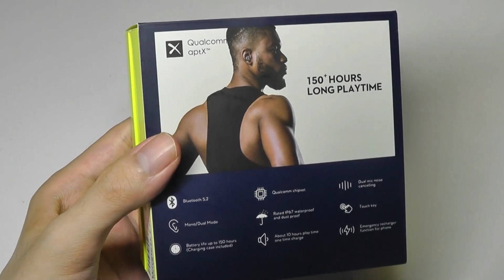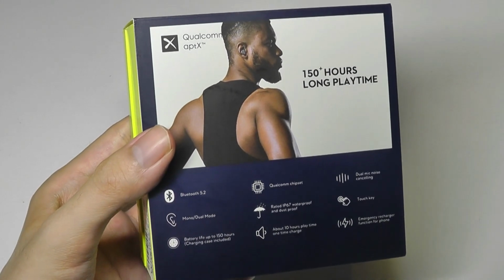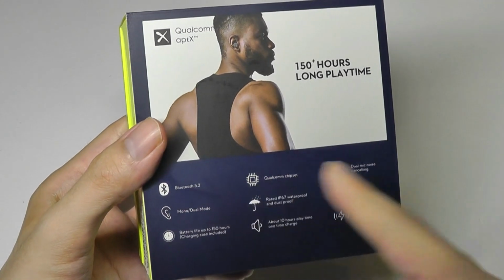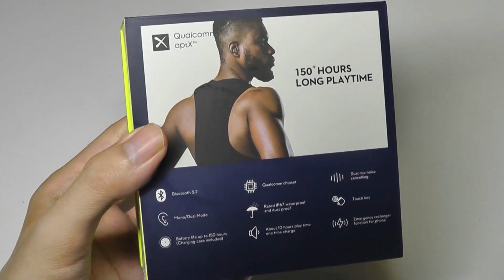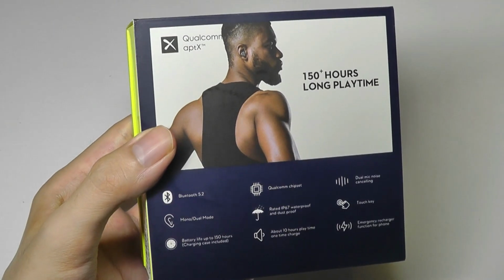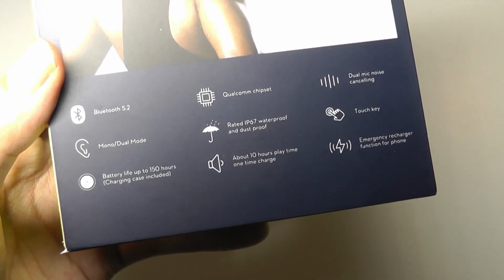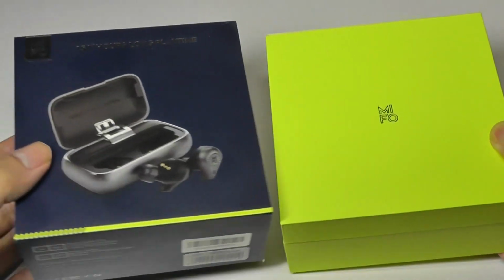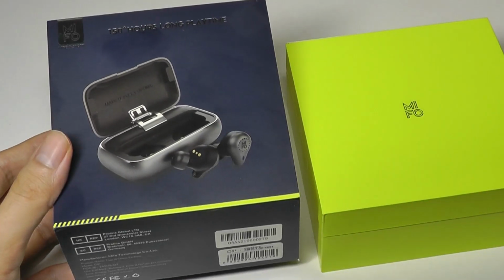So these are technically going to be slightly higher fidelity, and that also comes in the form of elongated battery life optimization. Using Bluetooth 5.2, the case can get you up to 150 hours. That's a whopping 50 hours longer than the already impressive 100 hours on the original. It also offers IP67 for water resistance, so you can use it if it's raining and it should still survive. 2,600 milliamp hours for the case is so large that it can even be used as an emergency power bank